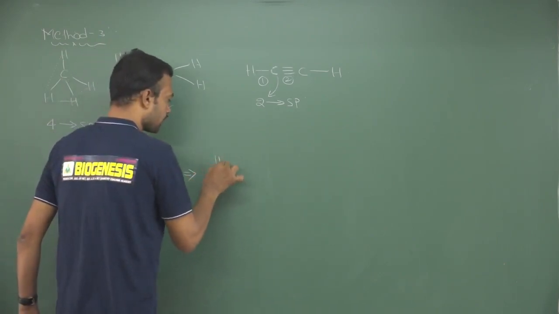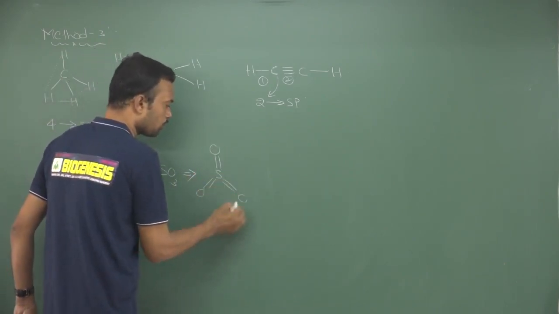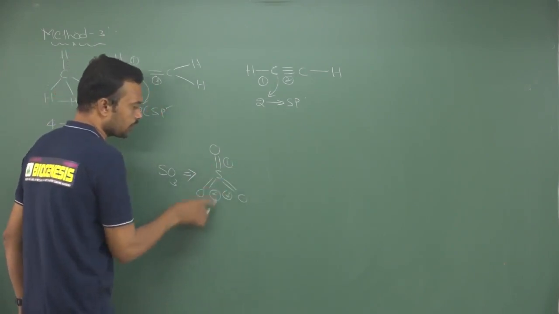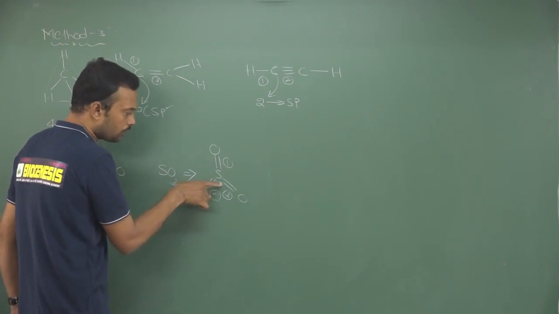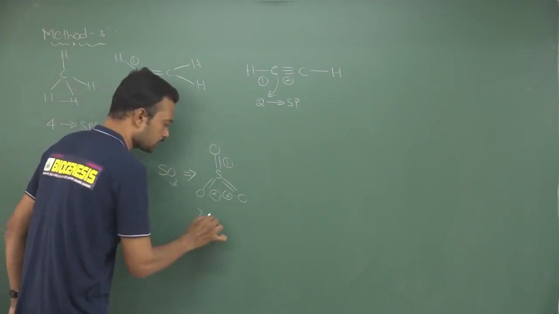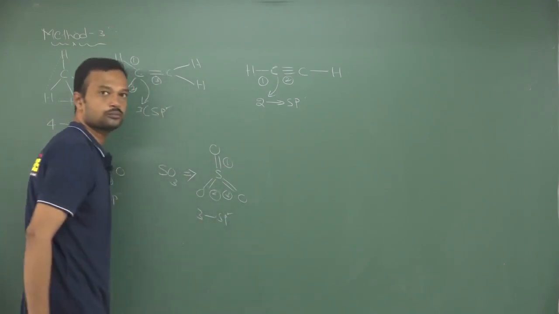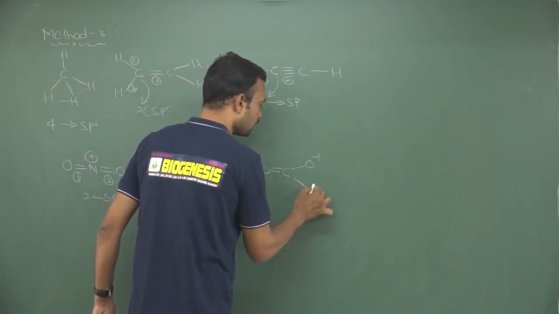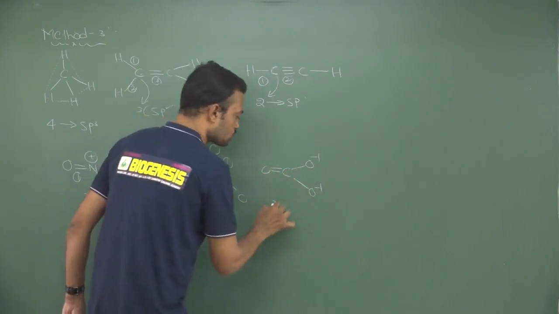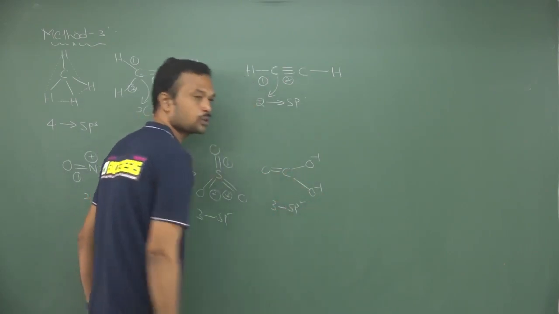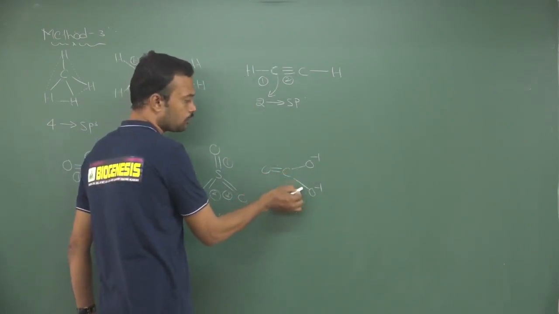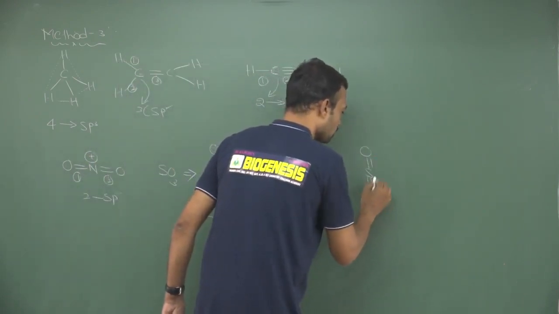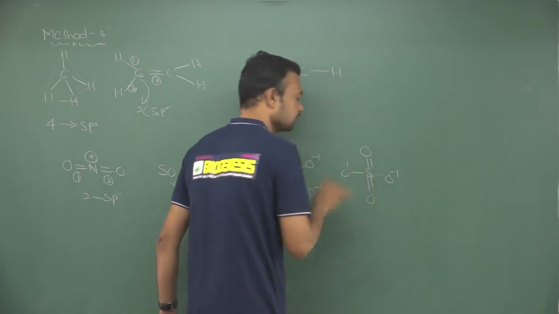Suppose I take sulfur trioxide. Sulfur carries double bond O, double bond O, double bond O. How many pairs are there? First pair, second pair, third pair. A 2 electron pair, 2 electron pair, 2 electron pair. Total pairs are 3, so now hybridization is sp2. Take the carbonate ion: carbon double bond O, O minus 1 and here O minus 1. How many pairs? 1, 2, 3. So 3 pairs are present and here it is sp2. Here a 4 electron pair, 2 electron pair, 2 electron pair. Now sulfur double bond O, O minus 1, O minus 1.